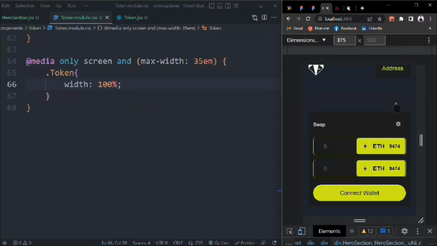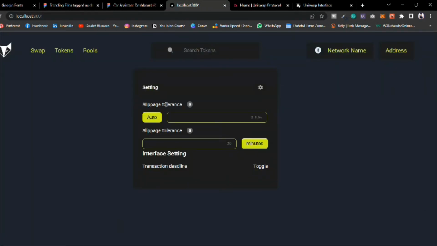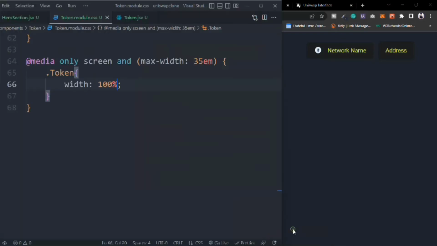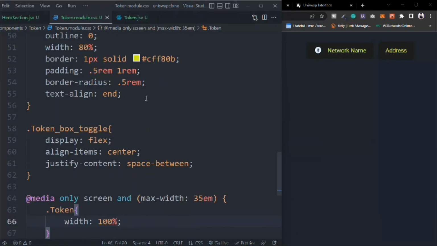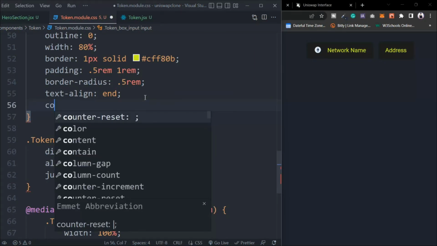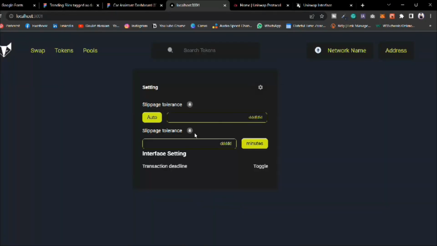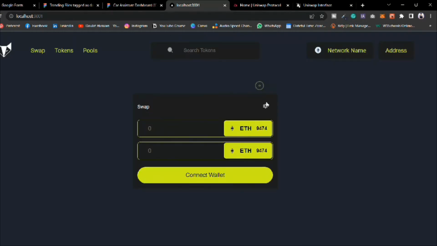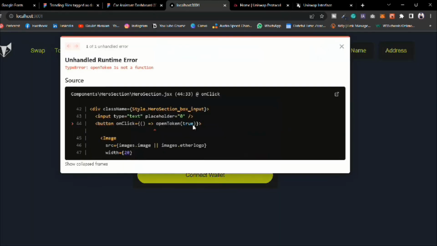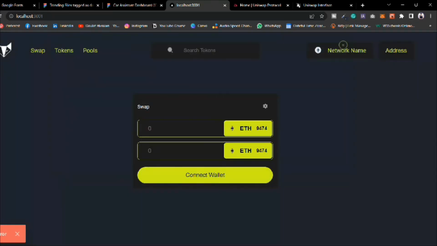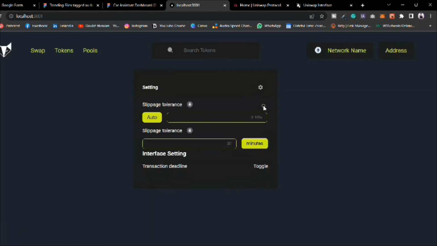We can open, we can close. You can see it's 100% responsive. That looks pretty good on our desktop. We can easily type the slippage tolerance. Right now it's not doing anything, but it's going to work. So that's the entire CSS part looking pretty good, and here we can provide this color. So if we type, we can have the color in the input as well. Looks good to me. And we can open, close. Things are looking good. You can close,